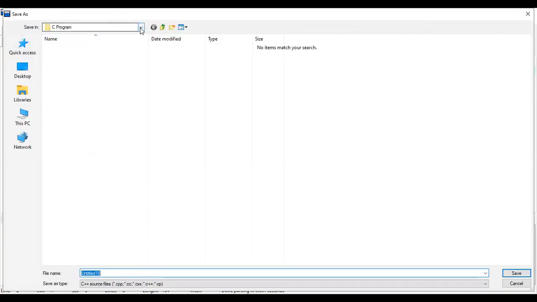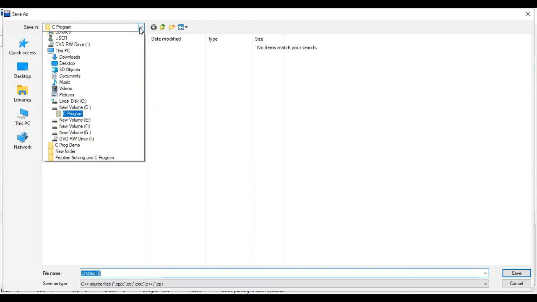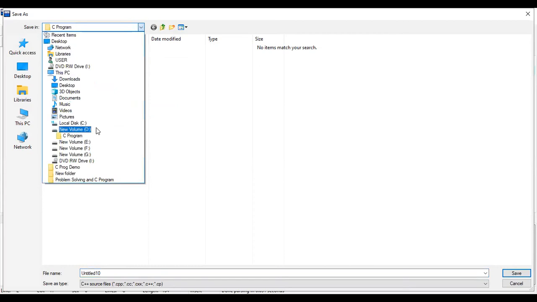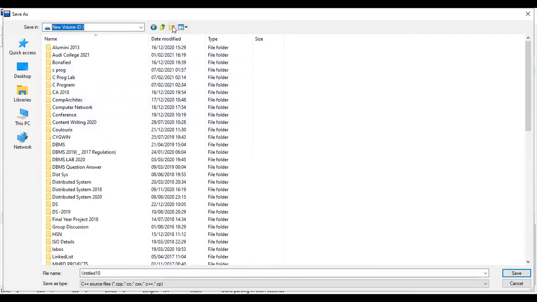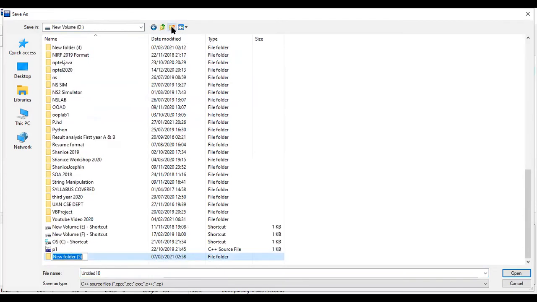Here, first we have to create a folder in any one of these drives. I'm going to select the D drive to create my folder. Click on this particular icon to create a new folder.